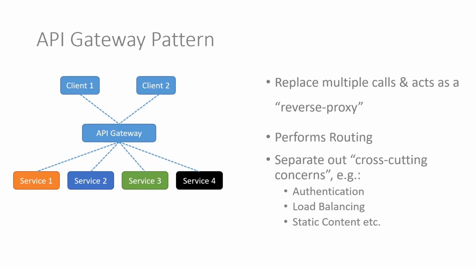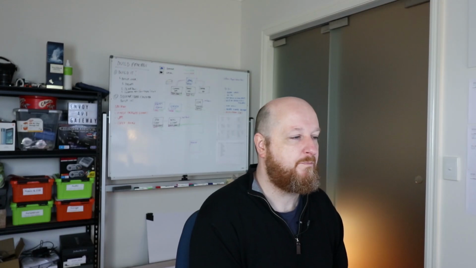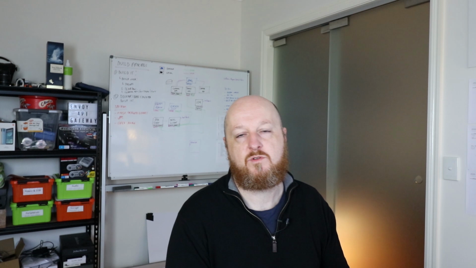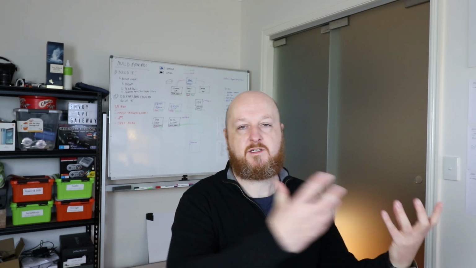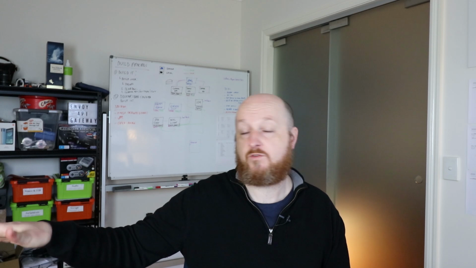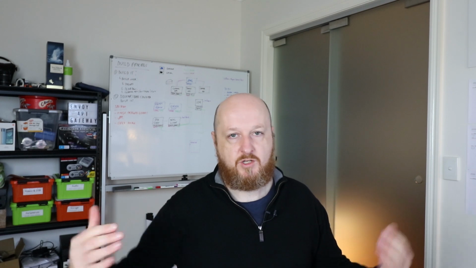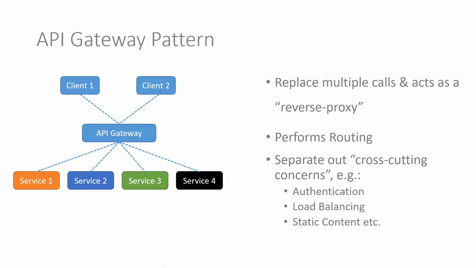But an API gateway does much more than just routing. Just to elevate what it does, with an API gateway you're trying to bring out those cross-cutting concerns. So rather than having authentication, for example, with every service, or serving up static content with every service, you want to abstract those cross-cutting concerns out, and an API gateway is a good candidate for where you would host those things that are common to all your services. I've just listed a few there, not everything that an API gateway can do. And in short, that's why you would use one.